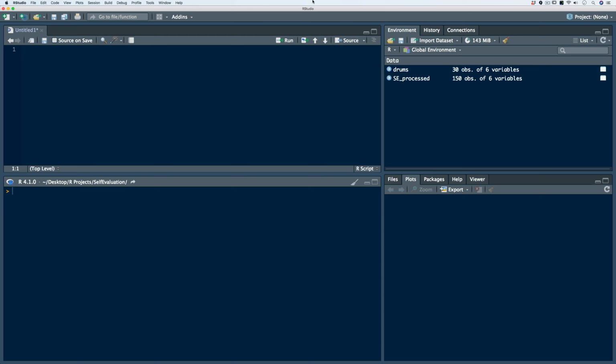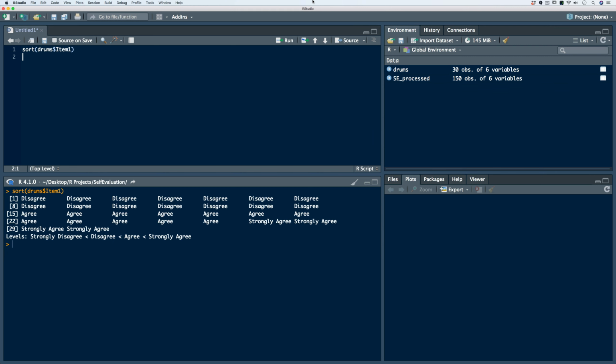Two additional data manipulation techniques are sorting and ordering the data. If we want to sort the data, we can use the sort function. So as an example, let's work with our drums data frame, and we want to sort all of the drummers' responses to item 1. So we'll use the sort function, we'll call in the drums data frame, and we'll select item 1. So if you remember in a previous video, we explicitly coerced the item 1 variable to an ordered